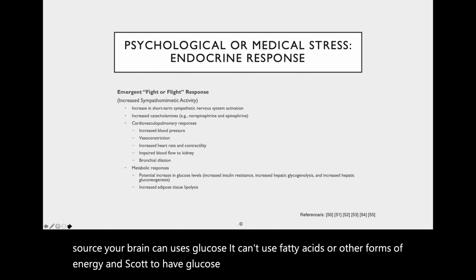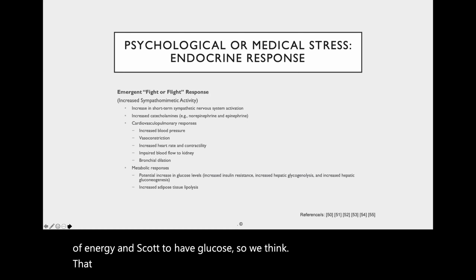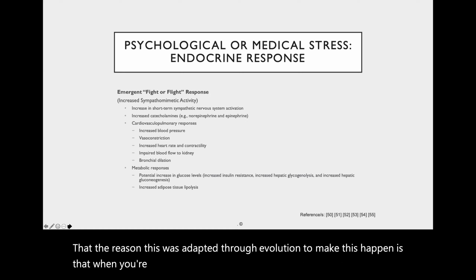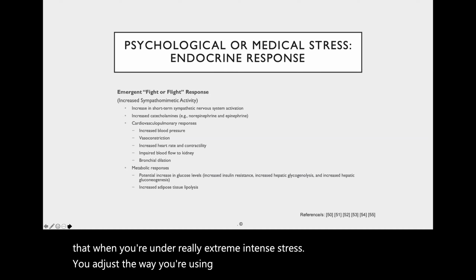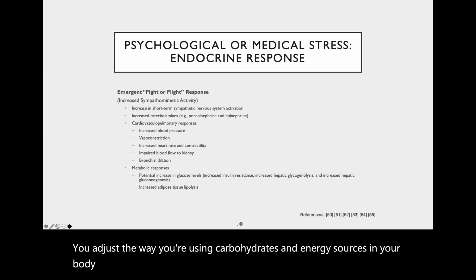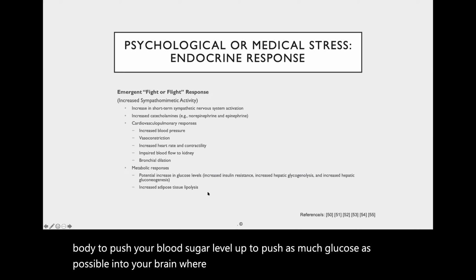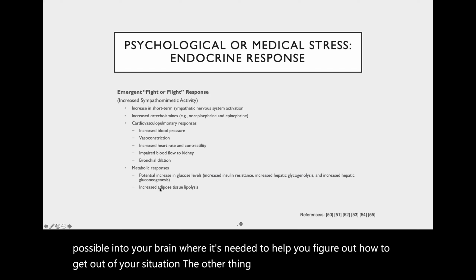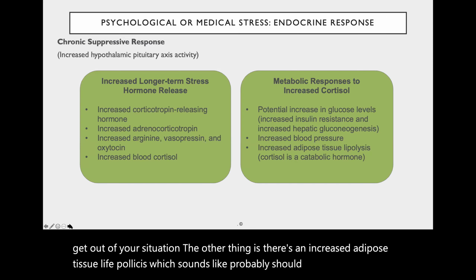So we think that the reason this was adaptive through evolution is that when you're under really extreme, intense stress, you adjust the way you're using carbohydrates and energy sources in your body to push your blood sugar level up, to push as much glucose as possible into your brain where it's needed to help you figure out how to get out of your situation. The other thing is there's increased adipose tissue lipolysis, which sounds like probably should be a good thing, right? Problem is,